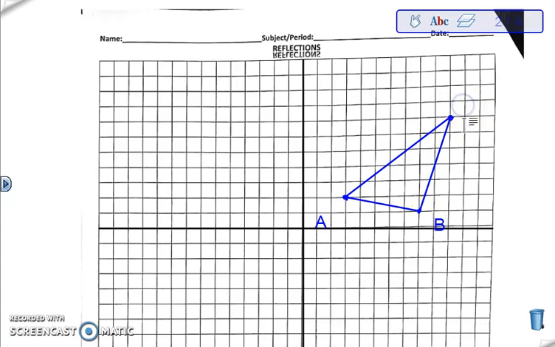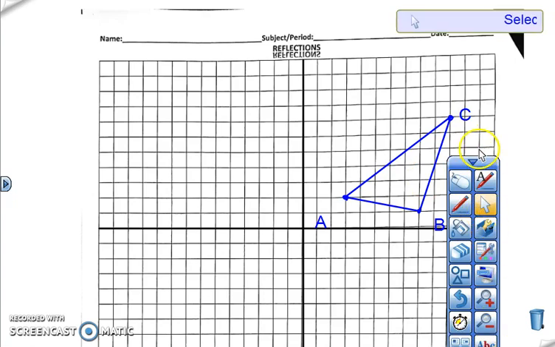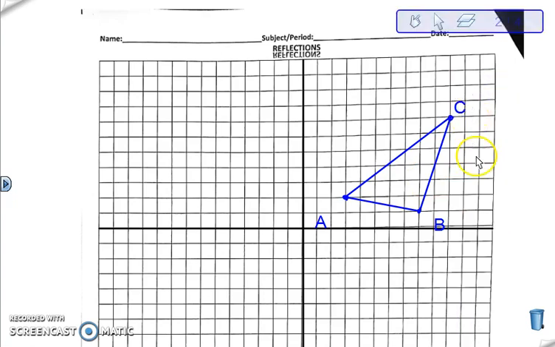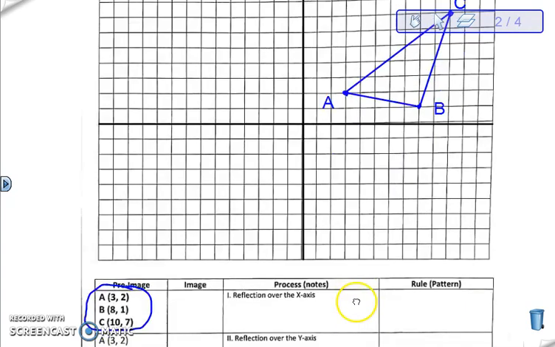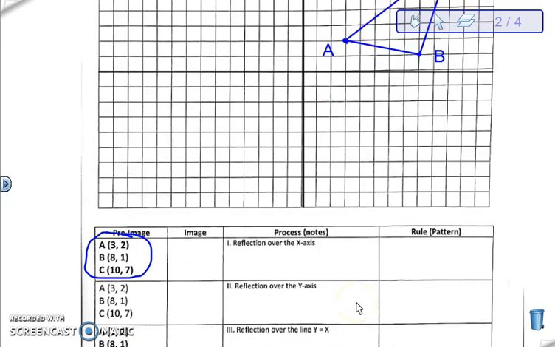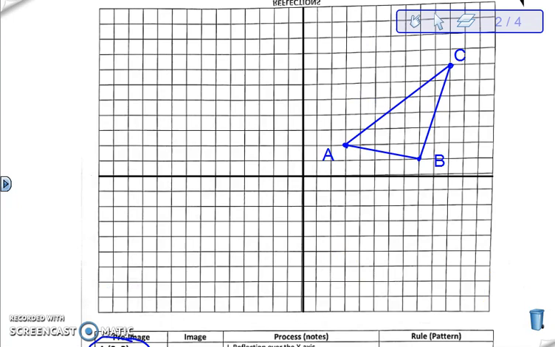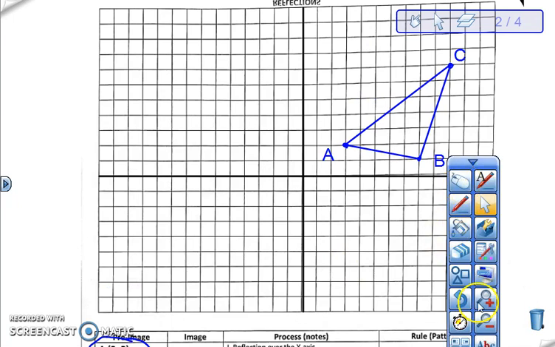And we'll go ahead and label the points just like we did in our previous lesson. Okay, so here's our preimage. If we look at the notes, it says to do a reflection over the x-axis. So we want to take this triangle